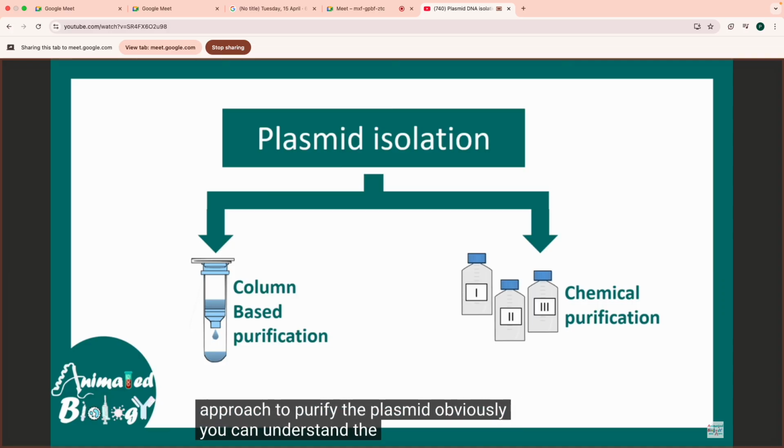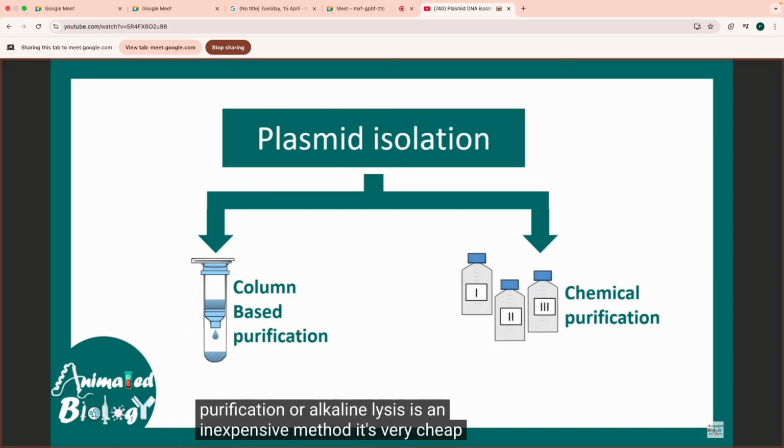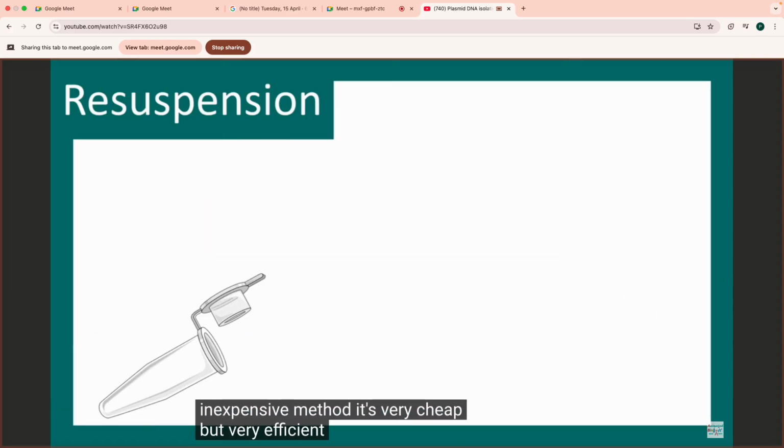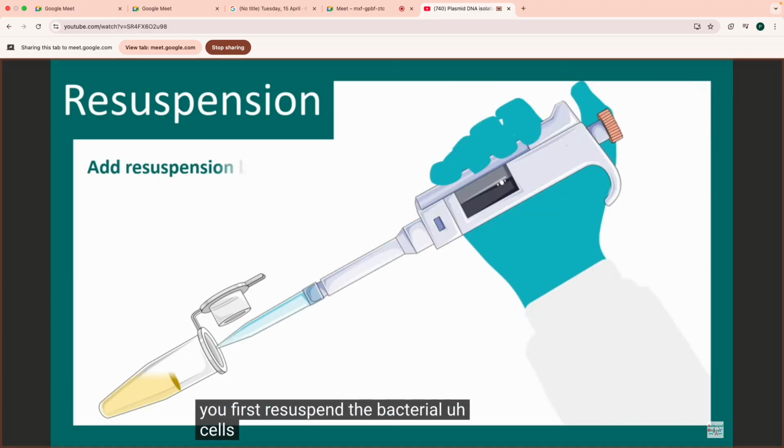Obviously, you can understand the first one is kit-based and customized, so this is more costly, whereas the second, chemical purification or alkaline lysis, is an inexpensive method. It's very cheap, but very efficient. So in this alkaline lysis method, you start with solution number 1. In a moment, I'll tell you the composition, but you first resuspend the bacterial cells